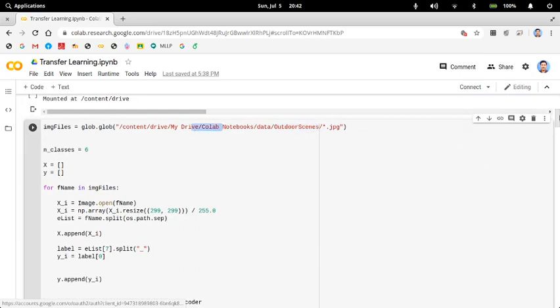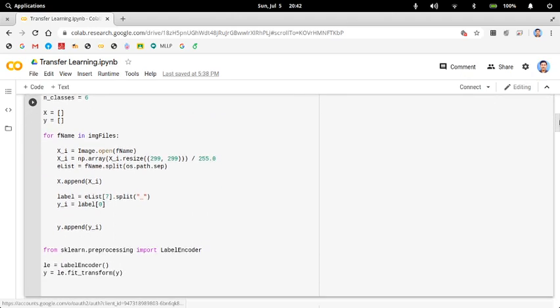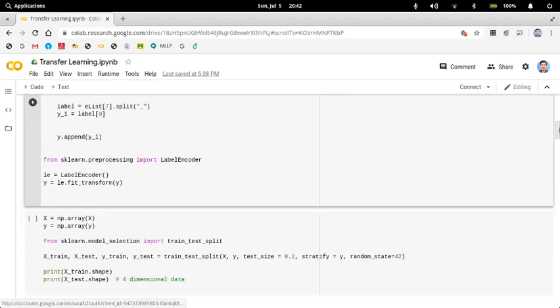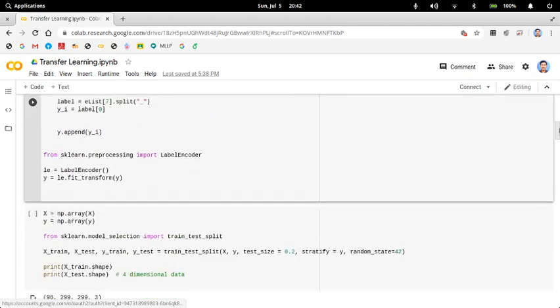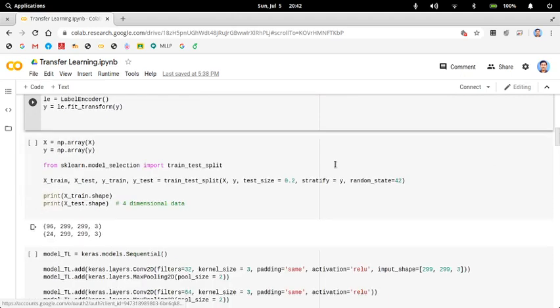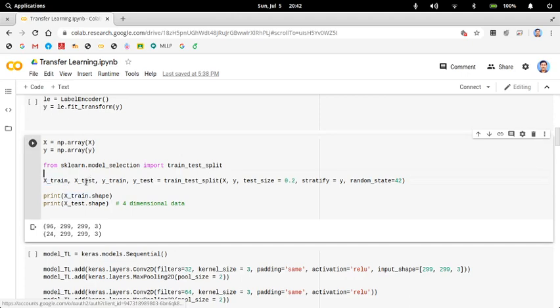I open those images and split them into training and testing. Each of the images is 299 by 299 by 3 colors. You have 96 images for training and 24 images for testing.